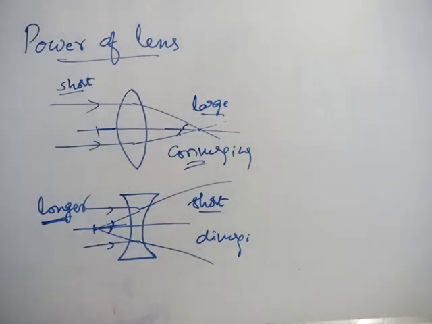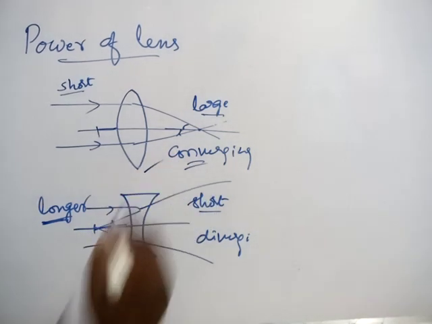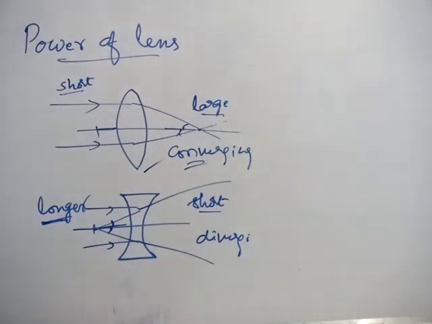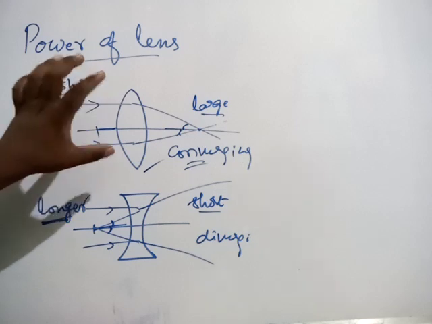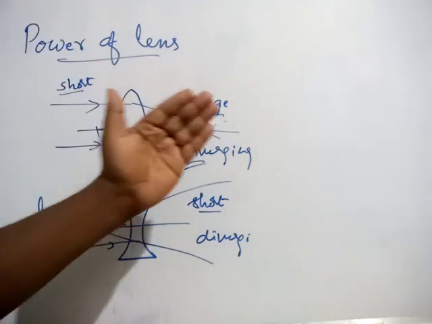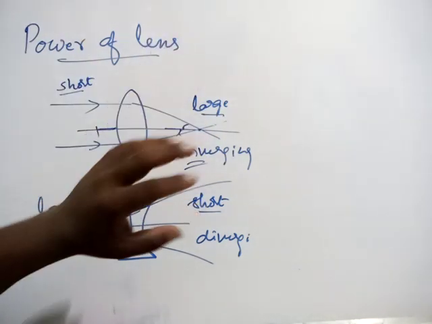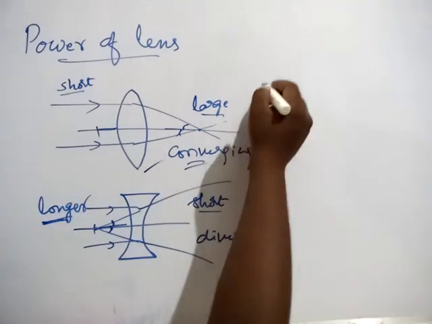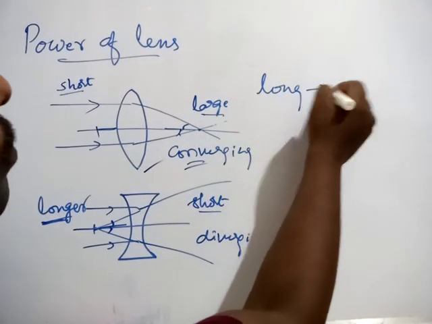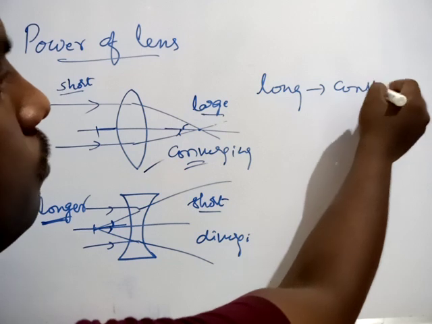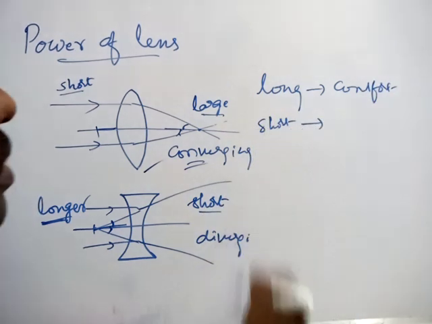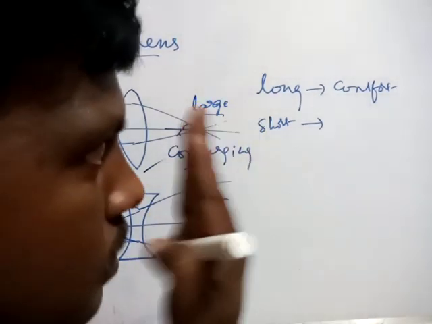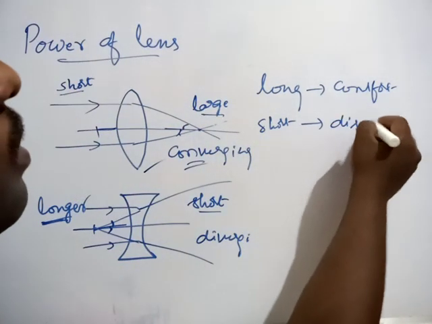Here we have a convex lens only in our eyes. That is no doubt. So the lens won't be changed, but just now what I said, if you see a very distant, very long object, we feel comfortable. Long distance means we feel comfortable. But a short distance object, beyond a certain limit, then we feel discomfort.